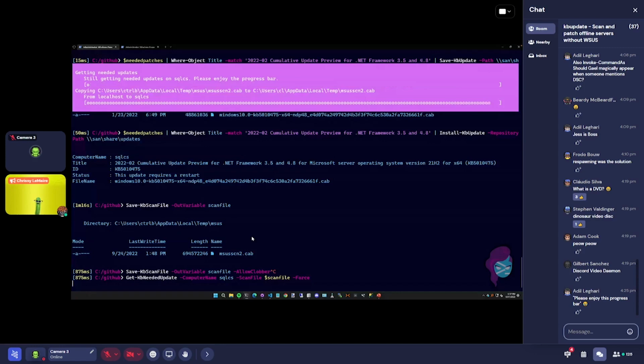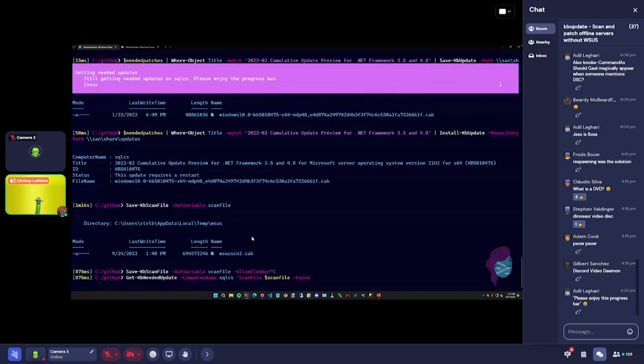So now that it's copied that scan file over with the force, it is going to use the scan file to determine the needed updates, therefore removing the internet as a requirement for checking for needed updates. And what you can do to get everything